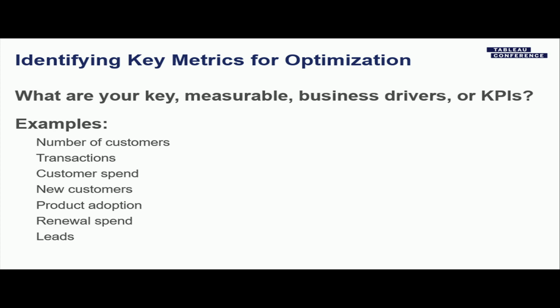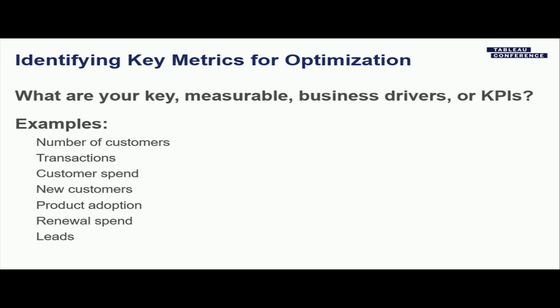And software is a little bit of a less predictable business. It depends on if you're selling something that's more of a perpetual license or a subscription license. It depends on if you have a broad suite of product offerings. So you really need to take a step back and understand what's really driving the growth in your business. Things that we have used and we've seen other people use: number of customers, transactions, customer spend,